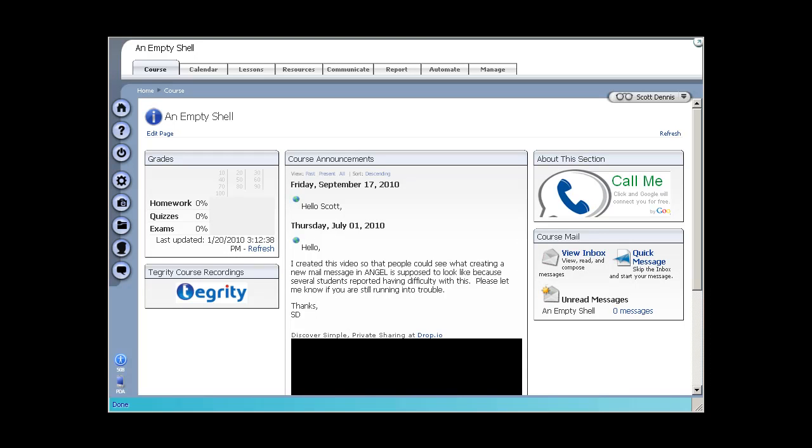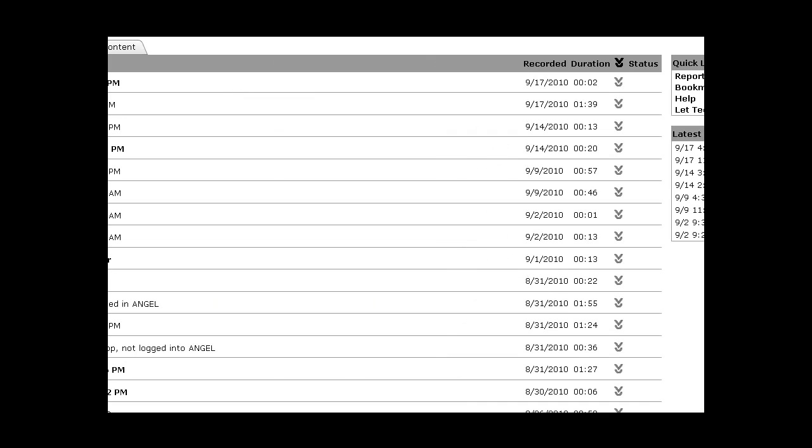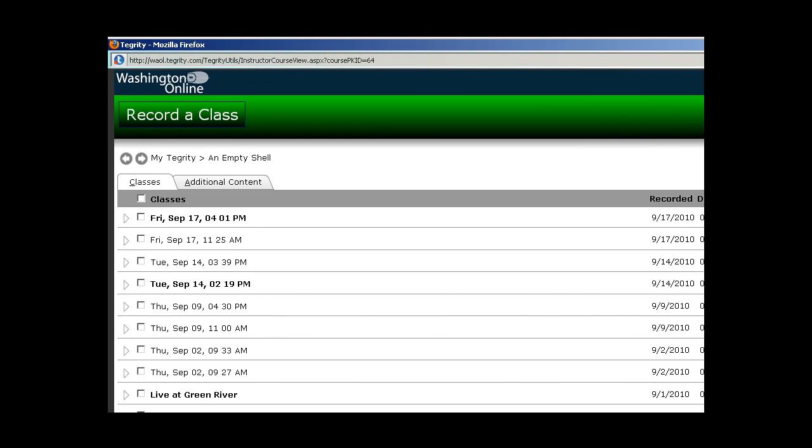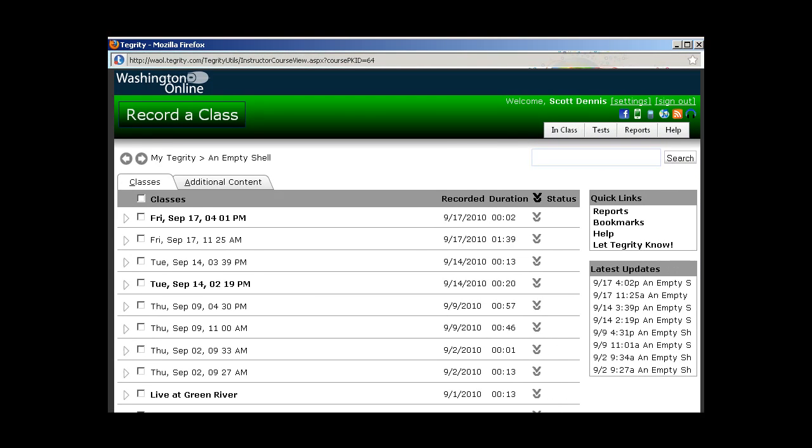So I want to initiate a new Tegrity recording. I'm going to record a class, and I'm logged into Angel, and on the course tab I'm going to click on the Tegrity nugget, and that will take a minute for it to come up. When it does, I can see now in my Tegrity window a list of all of the recordings that